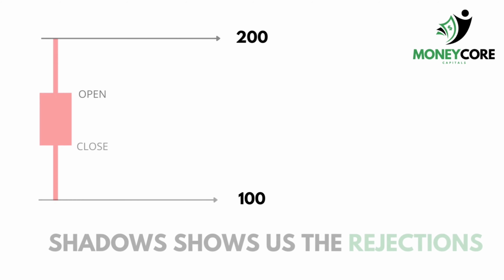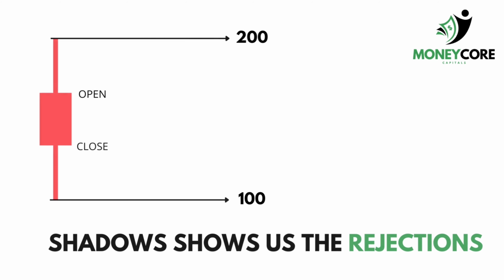Now here you can see a bearish candle, and also you can see its shadow, right? Its upper shadow has made a high till 200 rupees and the lower one to 100 rupees. But the candle has closed between the high and low, thus forming shadows on both sides. So this candlestick shows us that during that specific period of time, let's assume it's a 5 minute candle, during that 5 minute candle, the prices have made a high of 200 and a low of